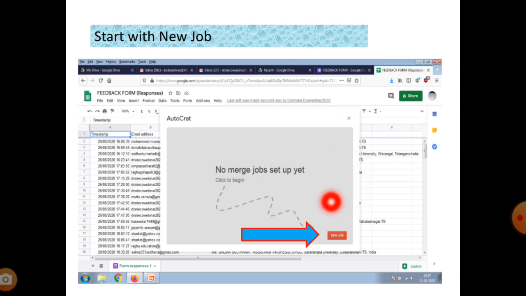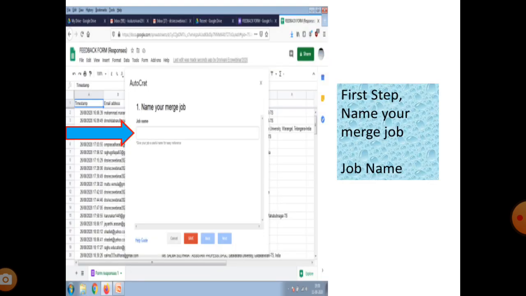In this, as a webinar convener, and whatever technical assistance is there for the program, you click the new job, this red new job.